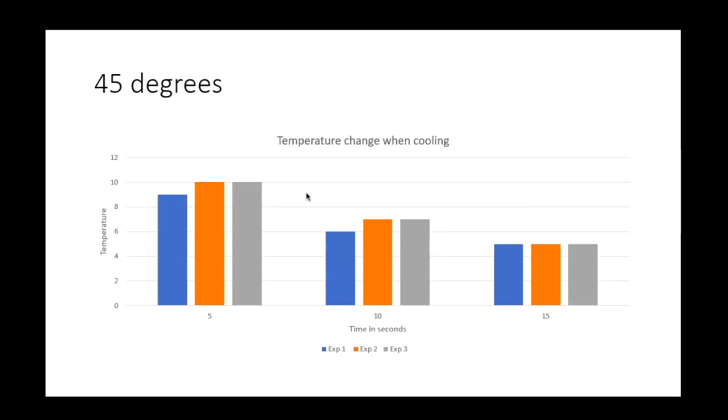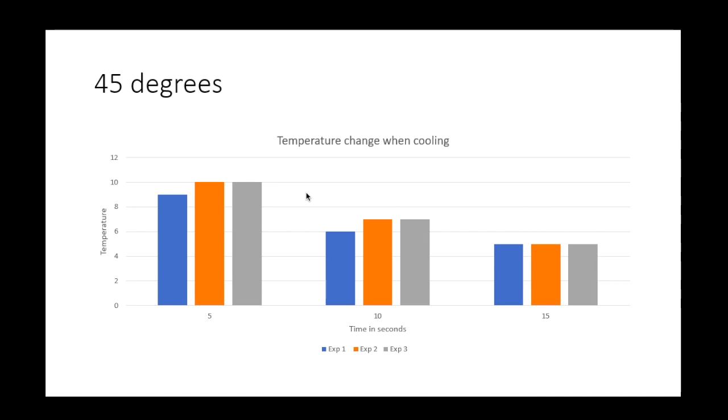In this experiment, our objective was to measure temperature change using different sensors. Using the different sensors, we obtained data for each type, and they can be seen on the graphs on the next slide. When we were cooling the water down from 45 degrees centigrade, there was a slight difference between the first experiment